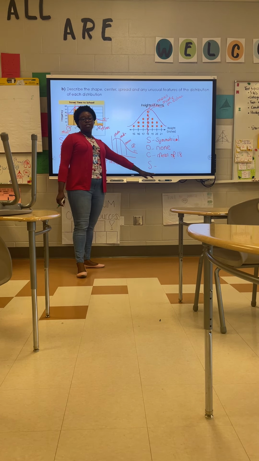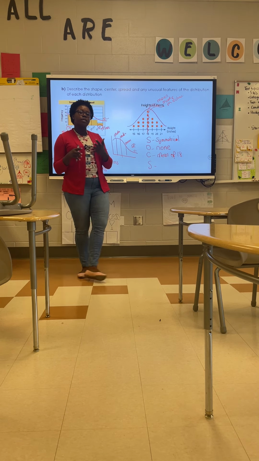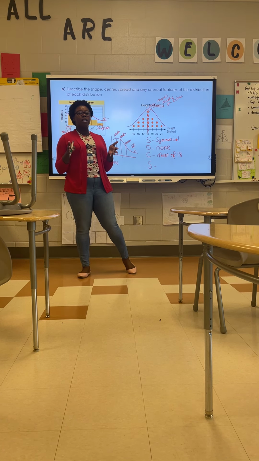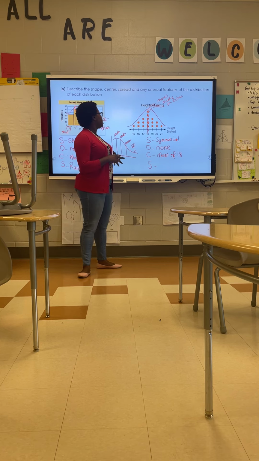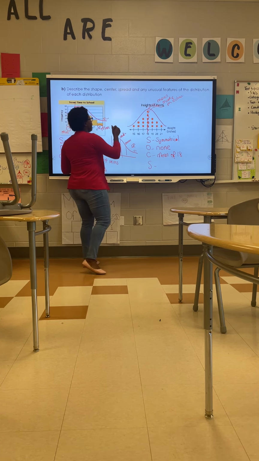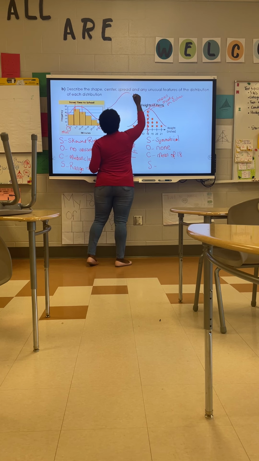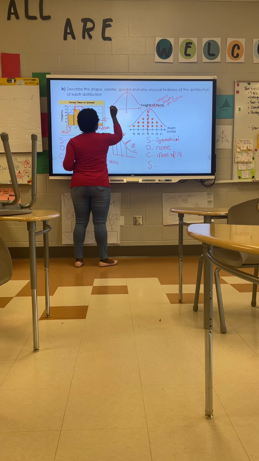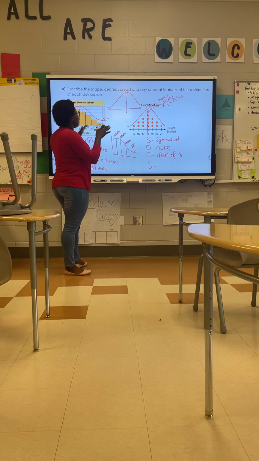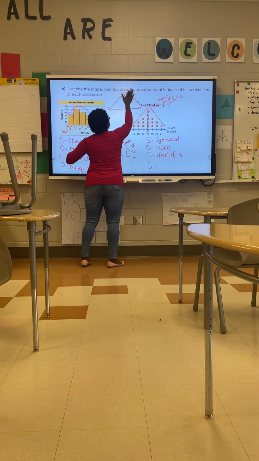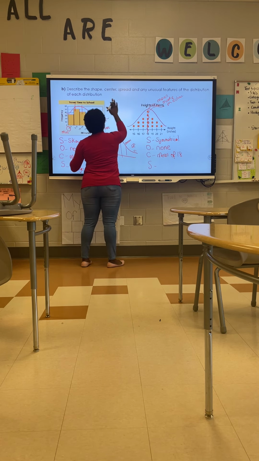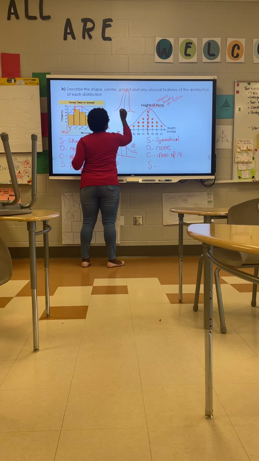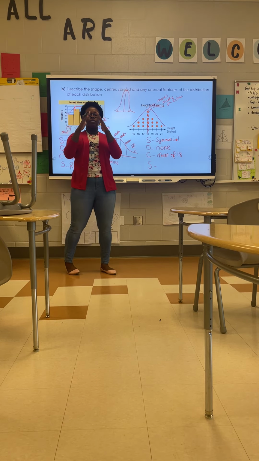So for my standard deviation, if you were not taught how to calculate this, you basically describe it as a small spread or a large spread. How do you know if it's small or large? When you draw your bell curve over it, I'm going to give you a sample of that. So let's say my bell curve looks like this, and my center is right here. Depending on how wide my distribution is, I would say it has a large spread. But for it to have a small spread, you'll see that the curve is kind of squished together. For example, this one, you see the spread is small. So the more squished together